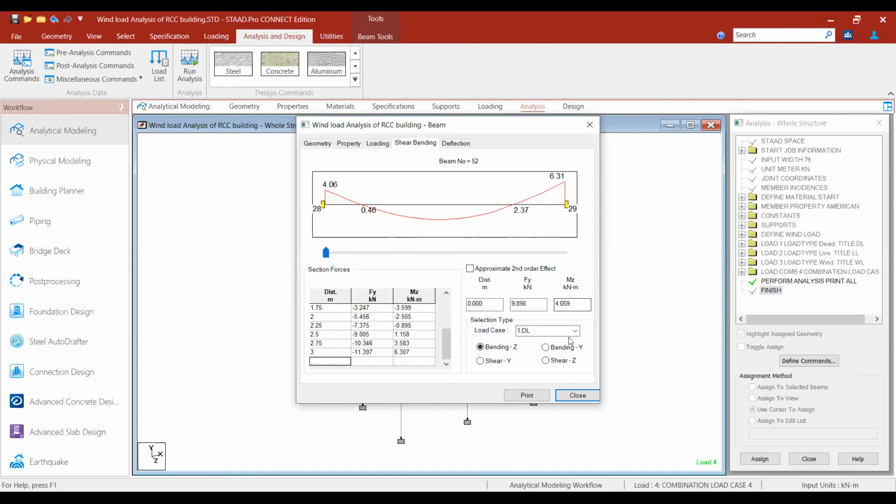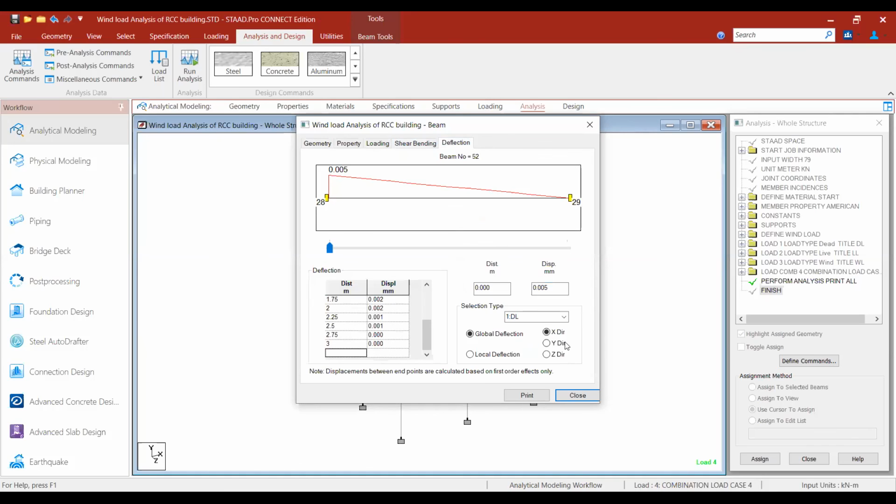Shear force, only wind load like this. Combination dead load plus live load and wind load: bending moment is like this and shear force is like this. You can see the deflection also, in the Y direction, combination, global deflection, local deflection.